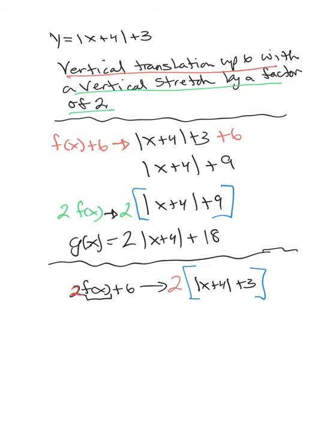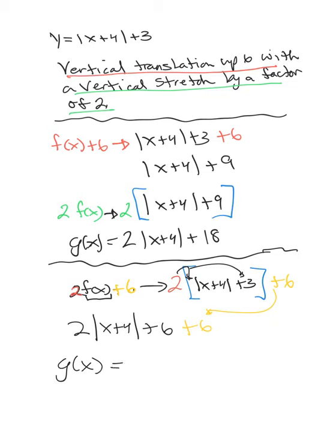I'll do that in yellow. I'll add 6 to move it up. And then when we actually work that out, let's see what we get. So we distribute this. That gives me 2 times the absolute value x plus 4, and then 2 times 3 is 6. And then we still have that add 6 sitting out there. When we simplify that, we get